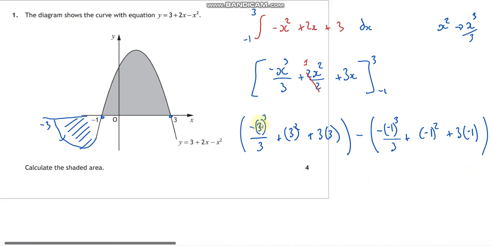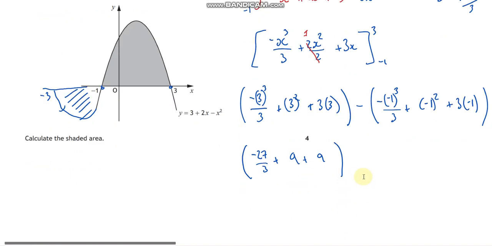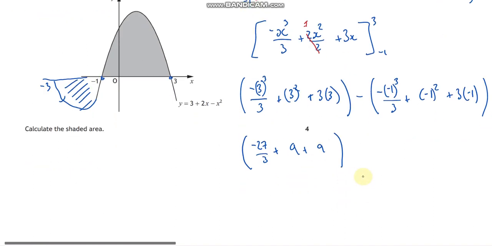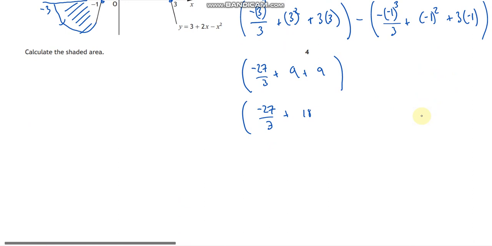So let's just go through then. So 3 cubed is 27. So that's going to be negative 27 over 3 plus 9 plus 9. At this point, I tend to just do one bracket at a time. So yeah, that's maybe just me, but negative 27 over 3 plus 18. And please keep this as tidy as possible, as when you come to do your checking it'll really make your life a lot easier. And I'll put 18 into thirds, so 54 over 3. So that's going to be negative 27 over 3 plus 54 over 3. So it's going to come out as 27 over 3,